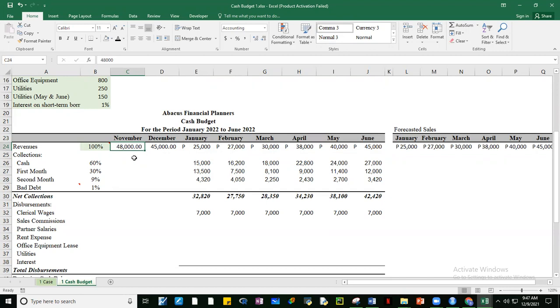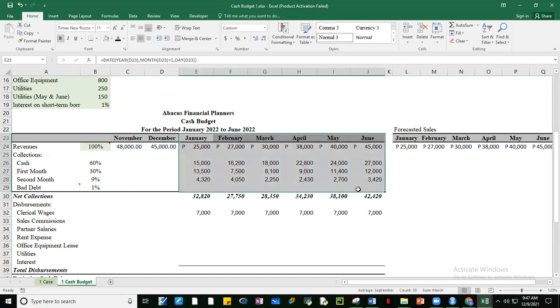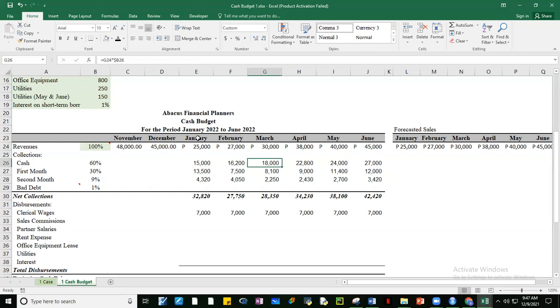Now take note, wala tayong linagay na sales ng September. Kasi yung September, guys, wala na namang makokolekta dyan for the month of January. Bakit kailangan natin yung January to June? Kasi guys, yun ang binabudget natin. We're tasked to create a cash budget for 2022 starting with January.